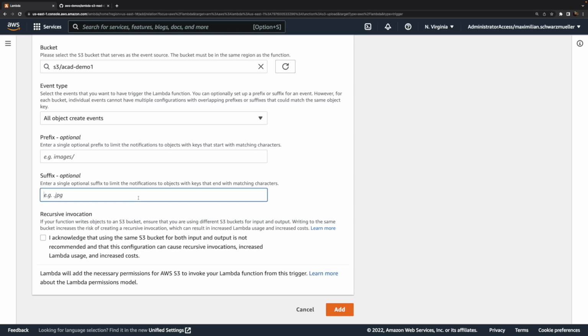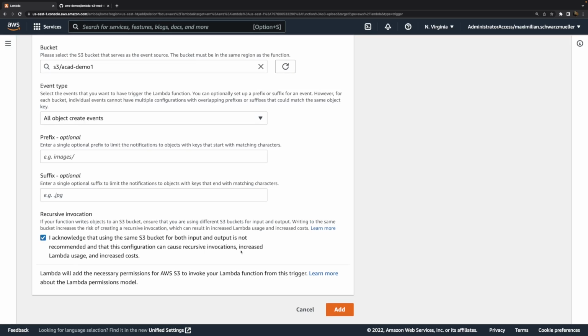So that, for example, this function only executes if JPEG files are added to the bucket and other files would be ignored. Here I don't care about either of these settings though, I only care about the bucket as a whole, and then the function should execute no matter how a file was named or which extension it has.